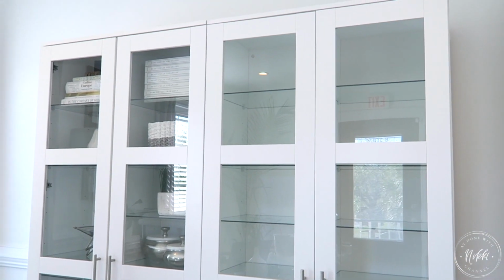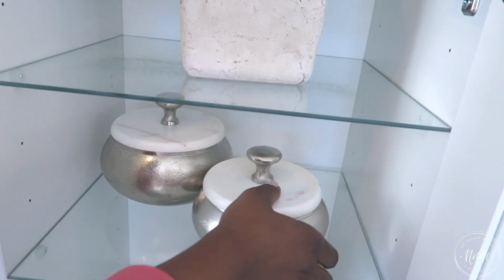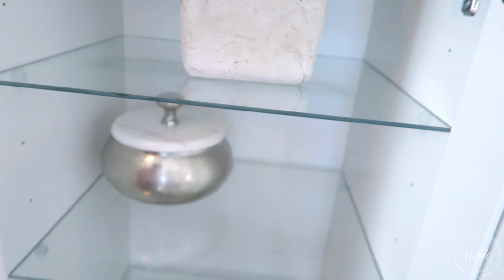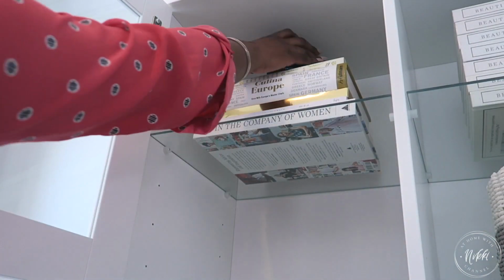And so I want to first roll up my sleeves and get in there and really make this a beautiful space that can function and store all of those various items that I need to get to in my office. So of course, you guys know the first thing is to clear things out. And so now that we're clearing out this cabinet, before we get into organizing, I want to have a little bit of a tea time,